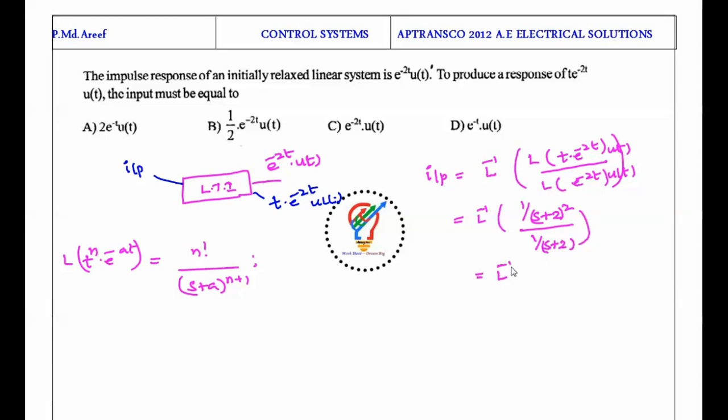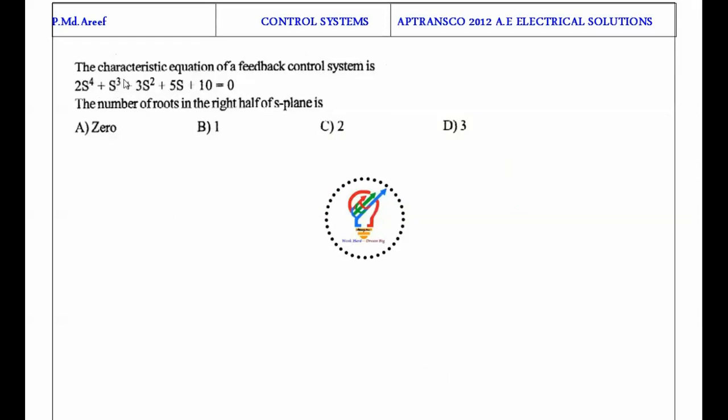So the inverse Laplace transform of 1 by s plus 2 we got finally is nothing but e power minus 2t into u of t. So the answer here is C, the right answer for this question. Next question. The next question is the characteristic equation of a feedback control system is